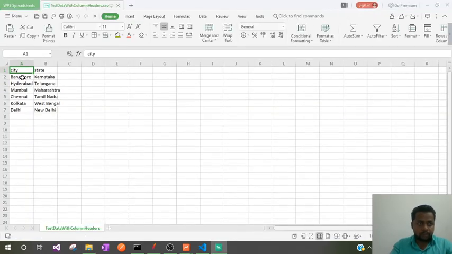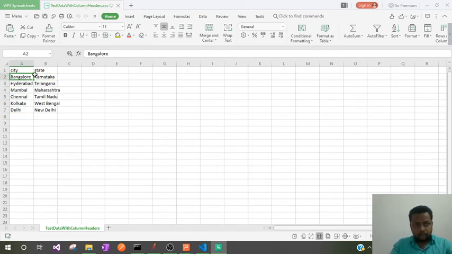We have city as one column which contains the city names, and the corresponding state names are present in a column state. I want the health check request to be executed for a corresponding city and the corresponding state. So how can I read these?